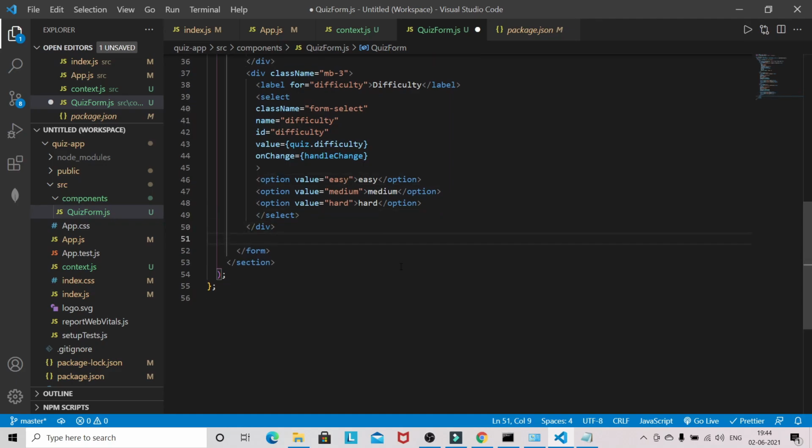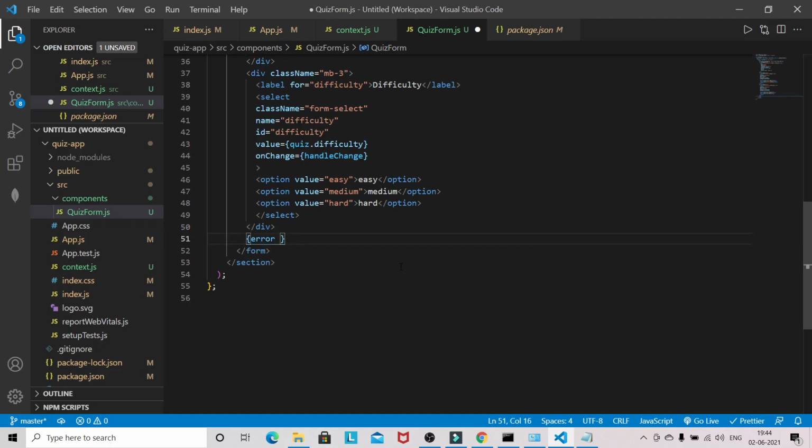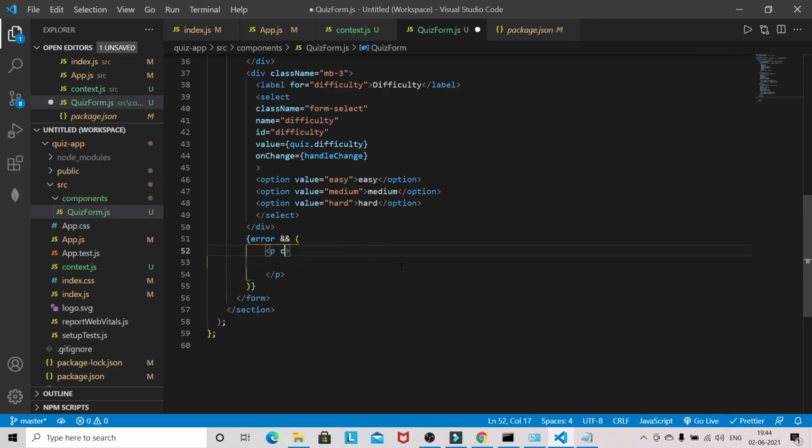So if there is any error, then I'll give the error message of p class name error, and the message will be like can't generate questions.